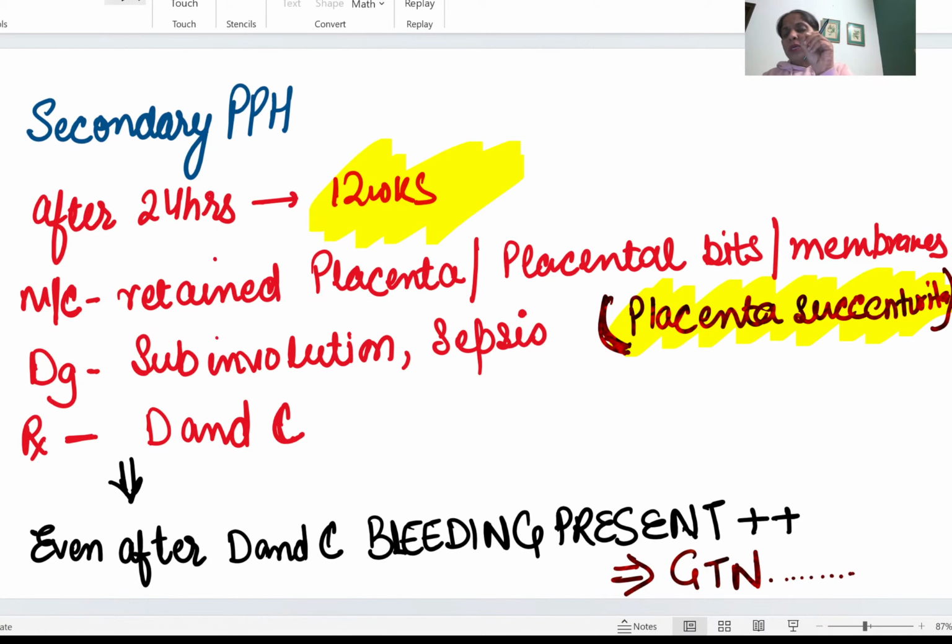Small bleeding, spotting, or just mild bleeding occurs in secondary PPH. Diagnosis is by subinvolution, the fundal height keeps on increasing, and there is mild sepsis. Okay. How are we going to treat it? We are going to do D&C. Even after D&C, if the bleeding is present, then it means it is a persistent trophoblastic